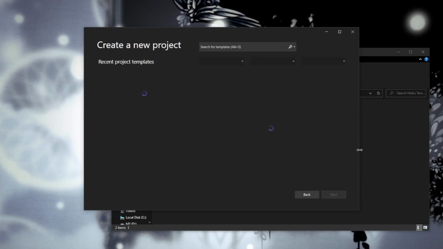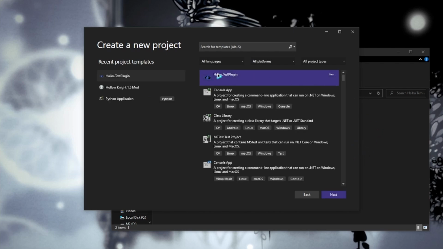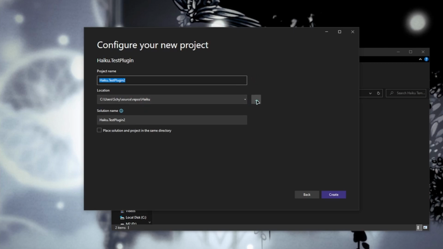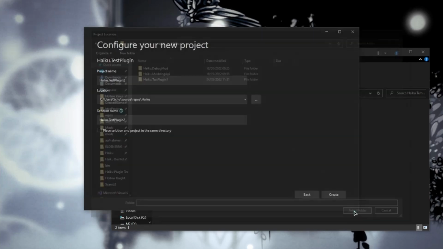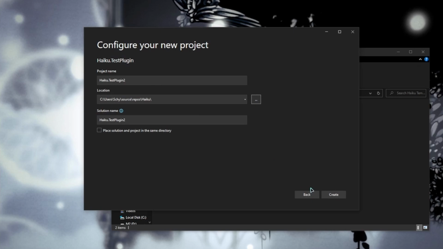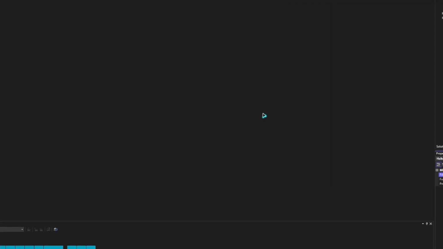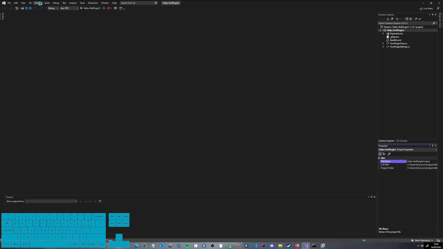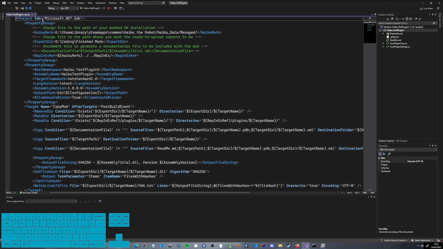Let me just click on create a new project. And then you will see that your template is here. I think it's automatically here, yeah. So just create your project. And the first thing that you want to do is go to edit project file, and you will have to